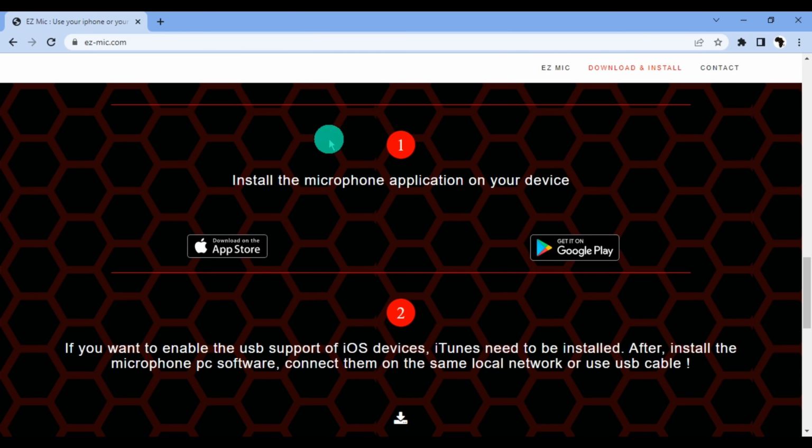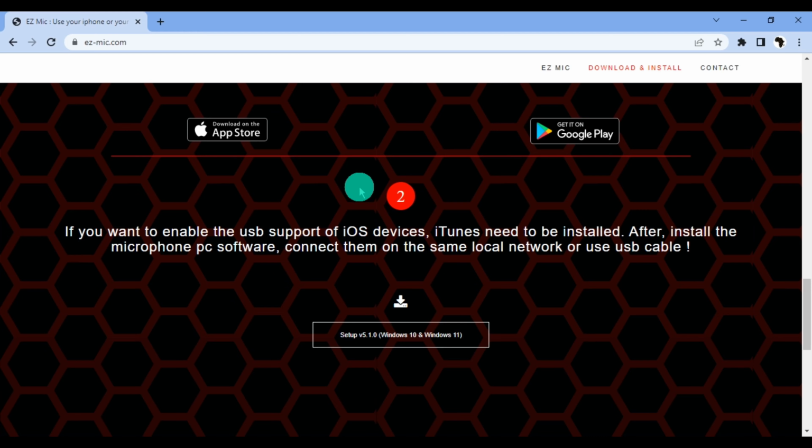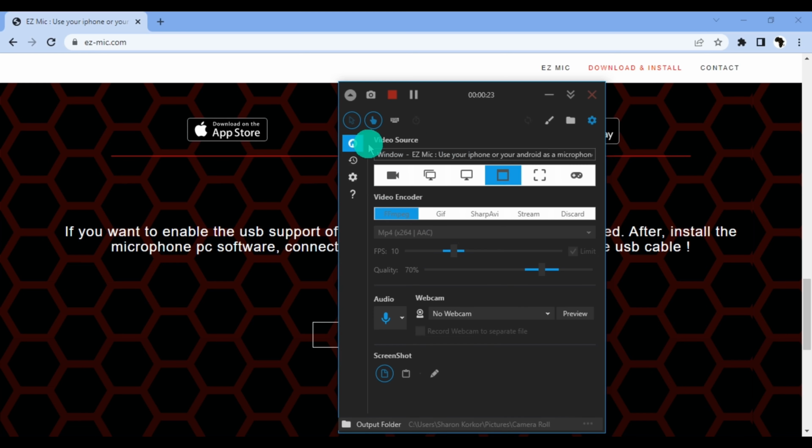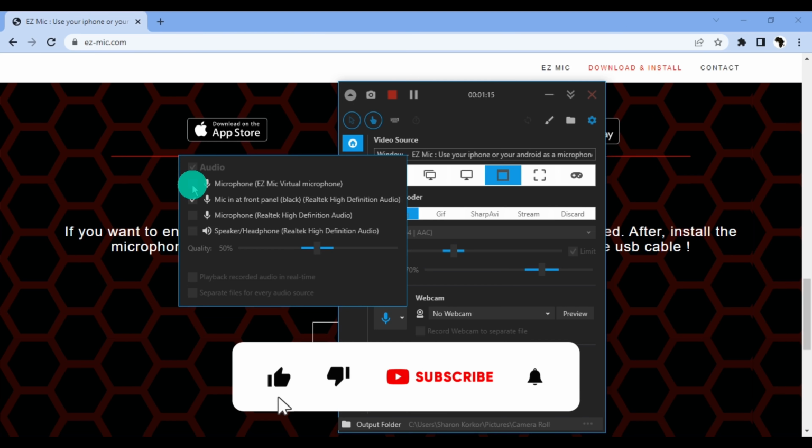If you would want to use Easy Mic when doing a screen recording on your PC, then go ahead and launch the screen recording app. For example, this is what I used to record my screen. Before you hit the record button, you would have to select Easy Microphone as the microphone you would want to use for your screen recording, so it switches from the default microphone on your PC to the Easy Microphone. So this is going to serve as the input and you would have to do this before you start recording